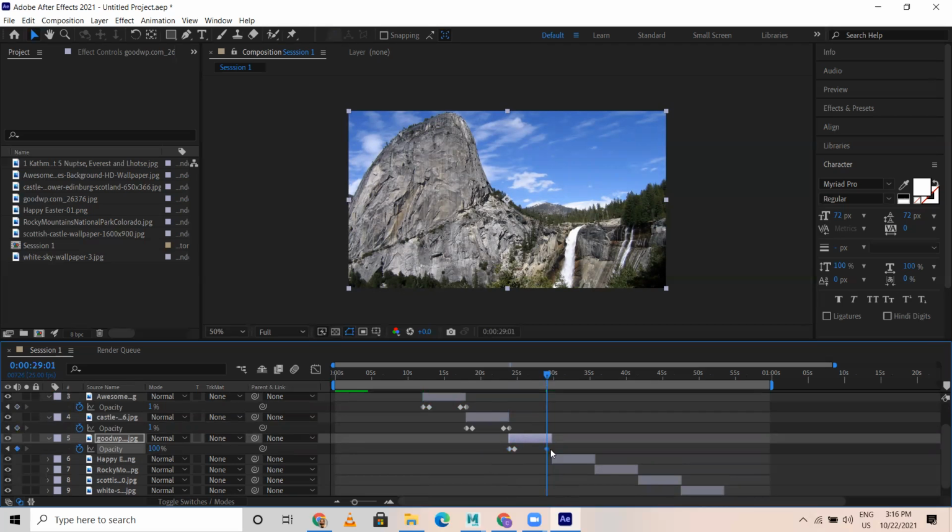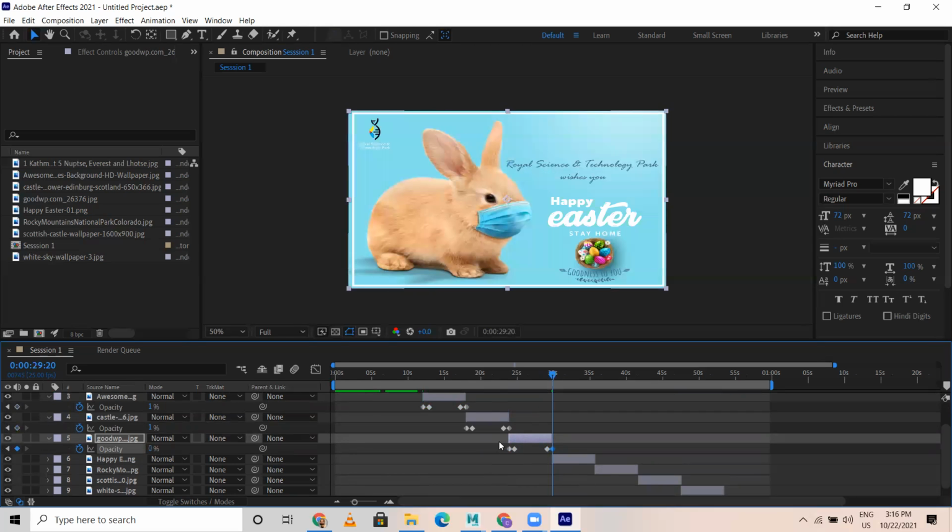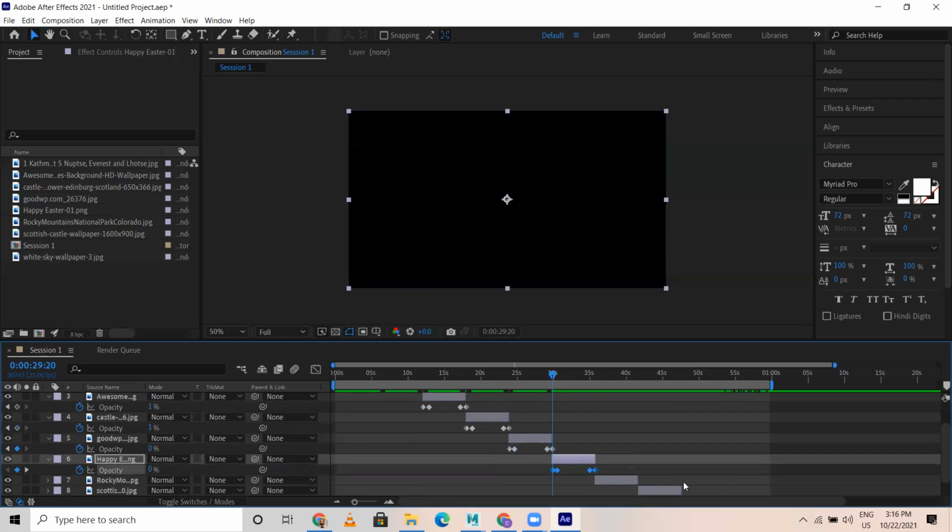Got it? Then I copy this, Control C, select this, press I and T, Control V.